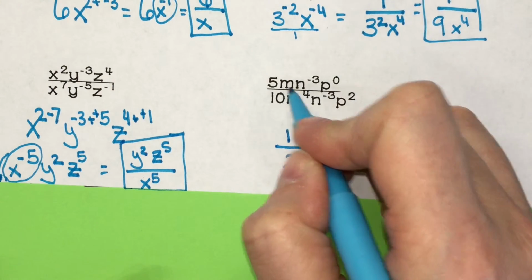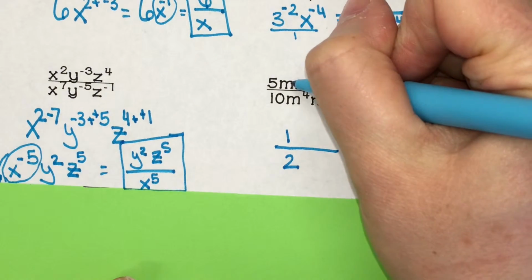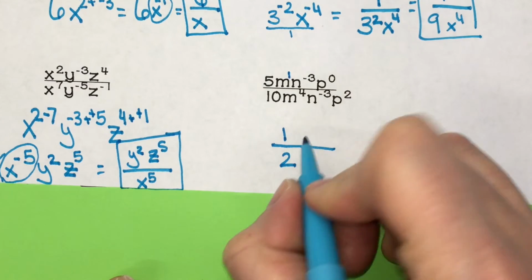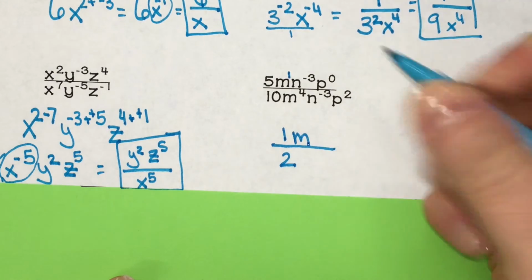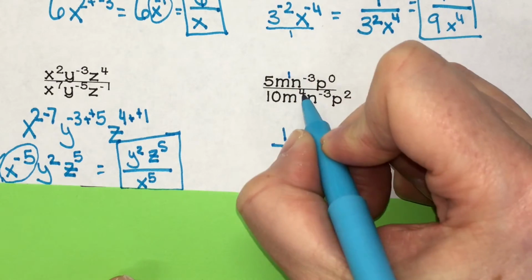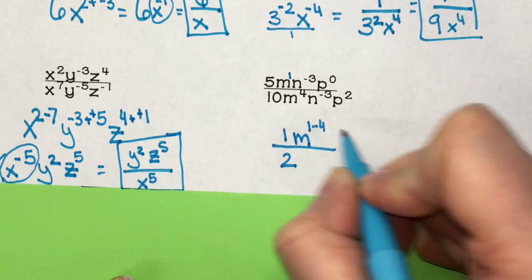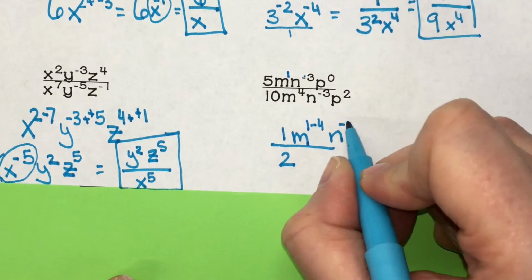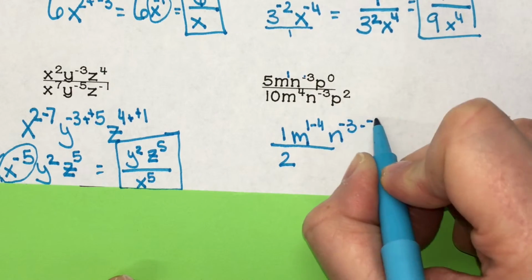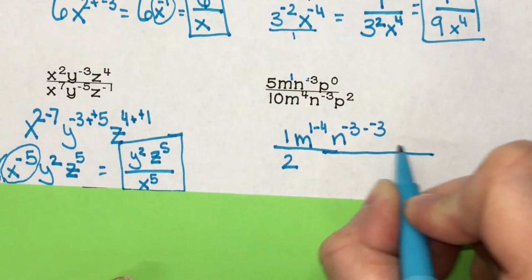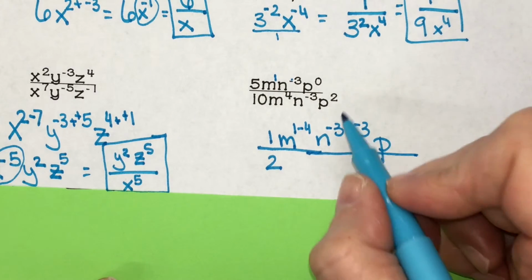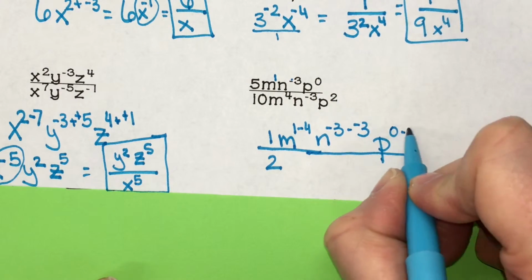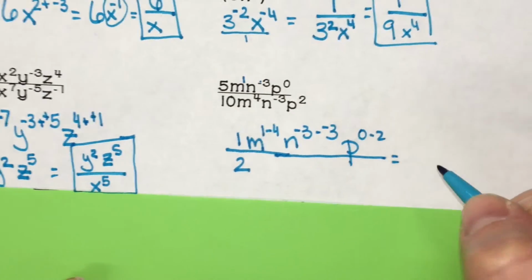Okay, now I'm going to do everything on top. Remember, m is to the power of 1. I'm going to deal with m, and I'm going to do top minus bottom. So 1 minus 4. Then I have n, negative 3 minus negative 3. Now p. 0 minus 2. Okay, this gives me,